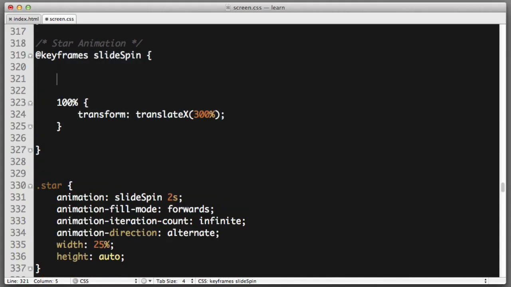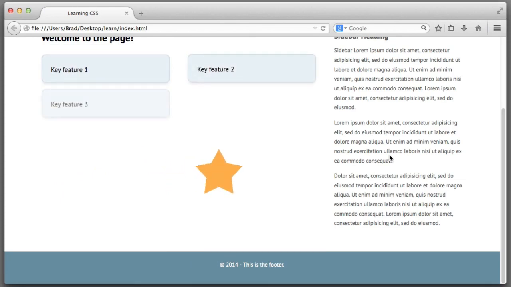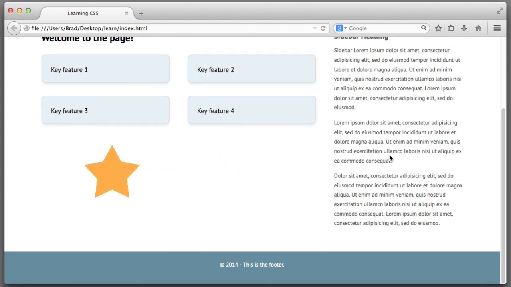So when the animation is 50% complete, let's alter the scale of it. Transform, scale, 0.5. However, because we are using the transform property, which we are also using for the horizontal positioning, we need to include that the translate x should be 150%. So that way, when the animation is halfway complete, we are positioning it halfway horizontally. 150 is half of 300. So if we save and refresh, you can see that the star shrinks in scale when it's in the middle